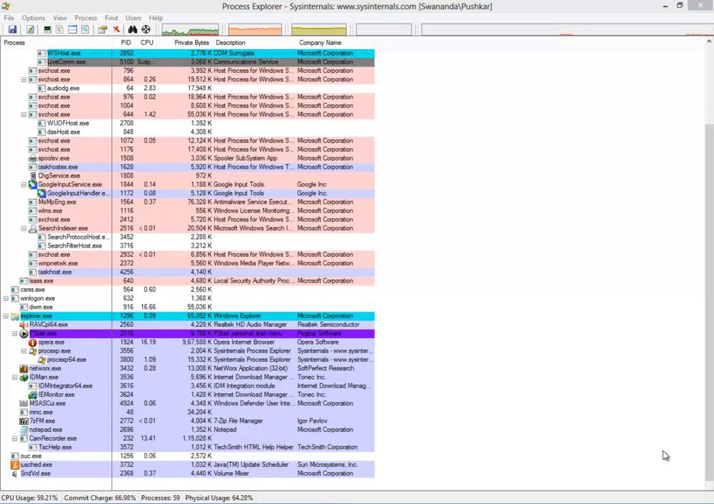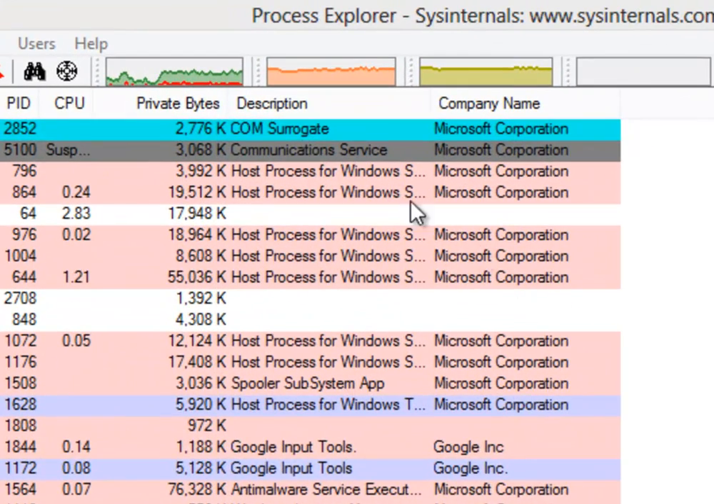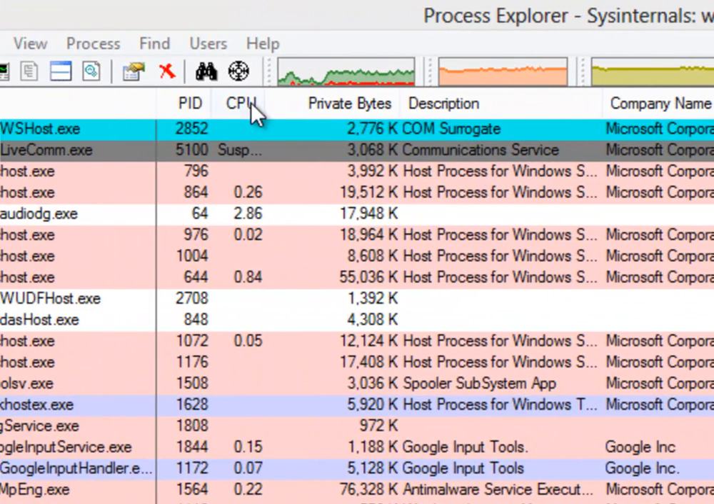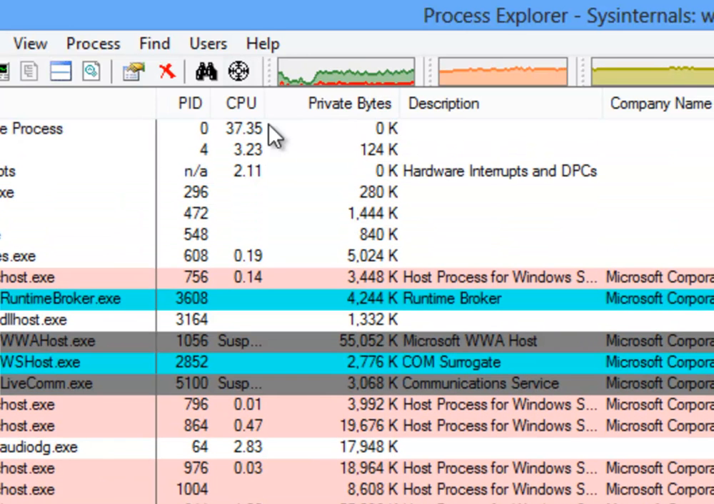When you open this, you can see this. Now see, these are showing different graphs, and this is showing something. What is this? CPU, private bytes, description, component. What is all this? So actually,